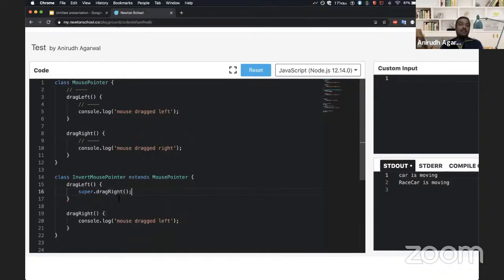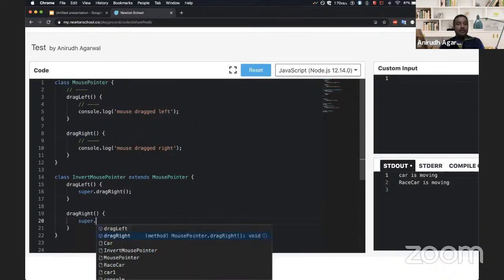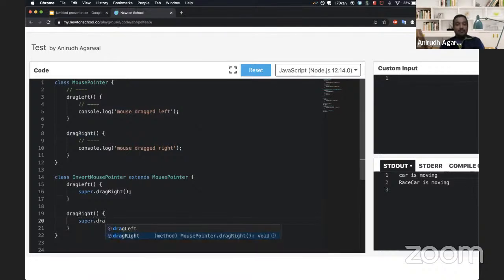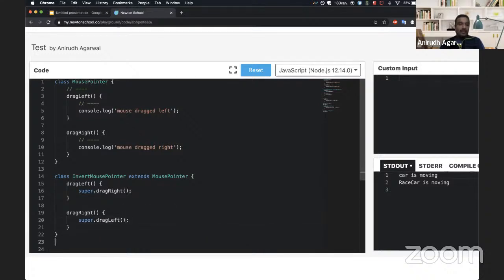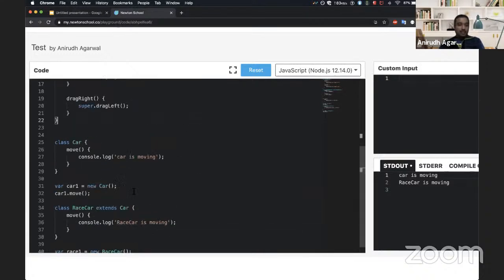What this will do is that whenever the drag left function is called, it will call the parent class functionality of this particular function, right? So this is what the super keyword is used for. And similarly, we can do super.dragLeft,